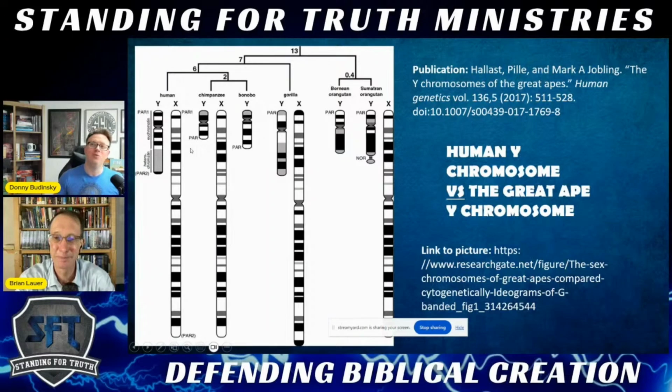Totally different. And so the evolutionary community, they like to argue from a nested hierarchical pattern, right? Why are humans more similar to chimpanzees than any other creature? Well, that's cherry picking, because in the Y chromosome, you'll actually notice, Brian, the human Y is more similar to the gorilla Y over here than either are to the chimpanzee Y and the bonobo Y. There's a break in their so-called nested hierarchy. So my point is, and this brings me to my first question to you, Brian, it's the differences that make all the difference.